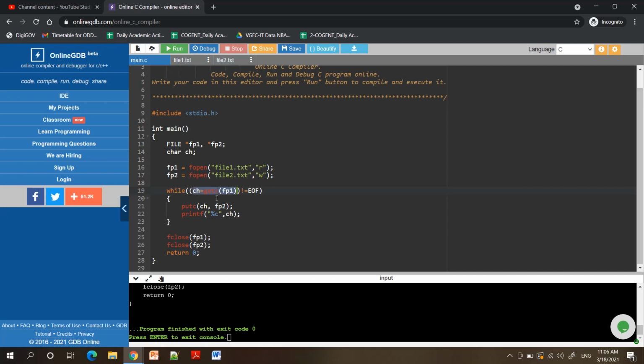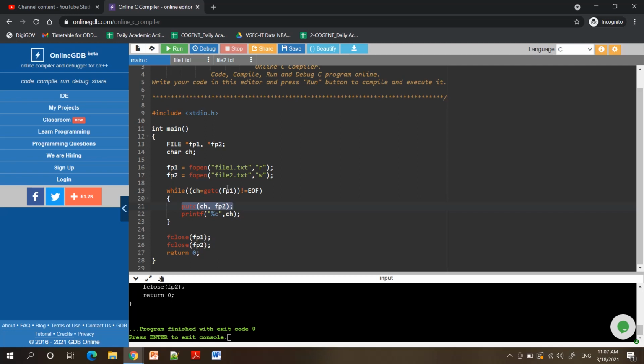Whatever content we have read will be stored in ch. To write the content inside the file, we use putc. The value which we have read is stored in ch, and the same value we will be writing into fp2. It is the same as with two notebooks. You are reading from one notebook, and the same you are writing into the other notebook. Again you read from the first notebook and write into the second notebook. Again, with the next statement, you read from the first notebook and write into the second notebook. And you repeat this until the assignment gets over.